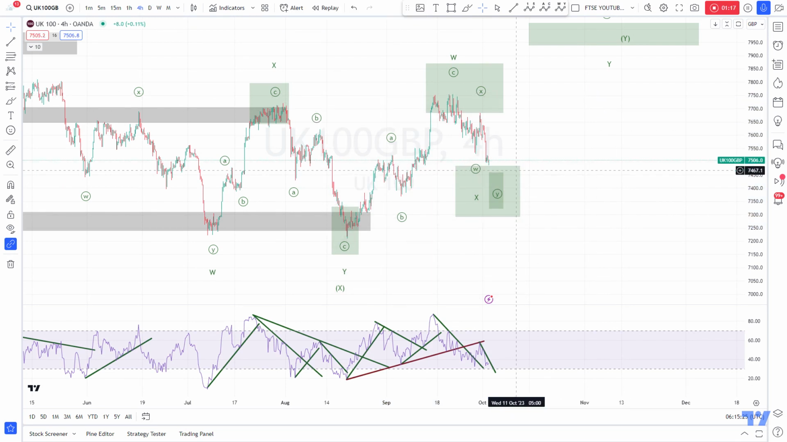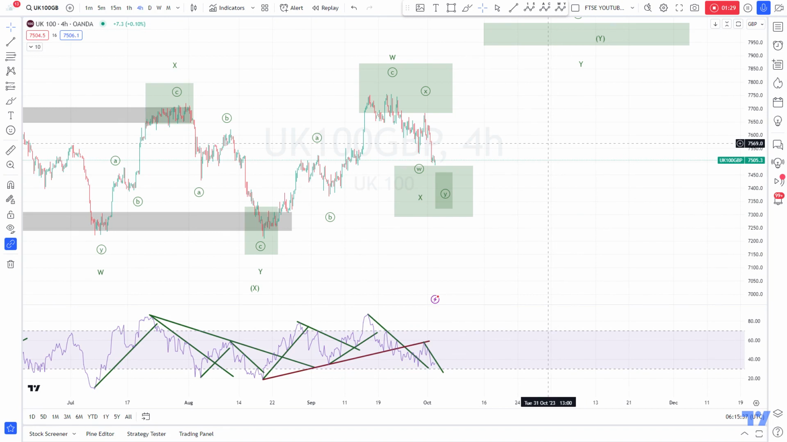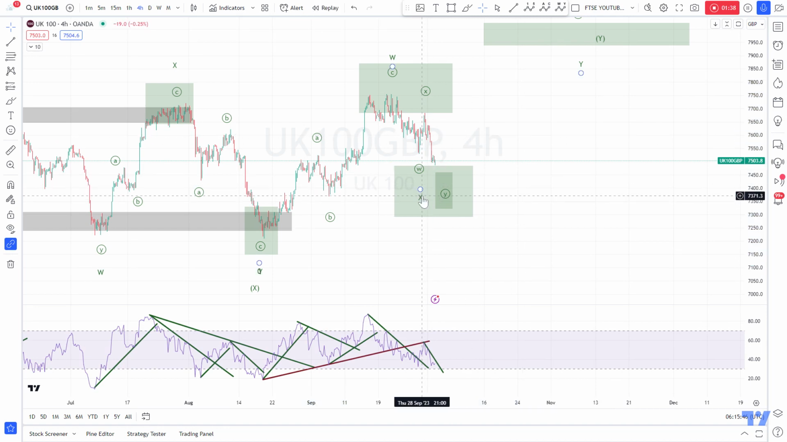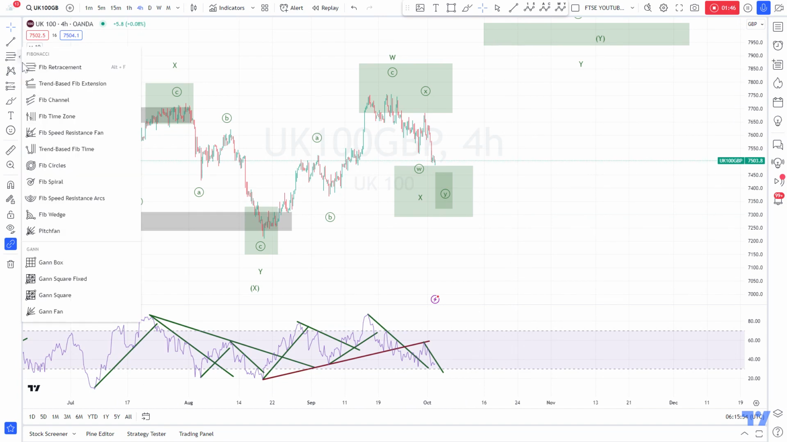So yeah, we had some kind of reaction here from this level, or we are reacting. Let's see what exactly will happen. But I wouldn't consider this wave X here as completed. I think this wave X is unfolding as another WXY structure, and then